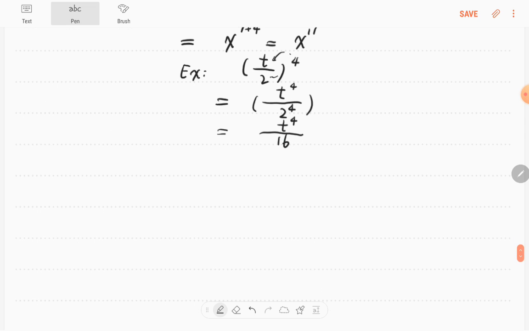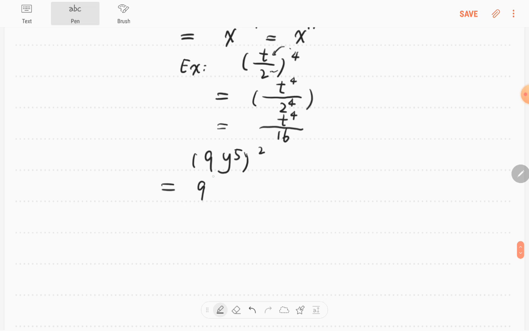For example, this time we have this one. So first, we check the parentheses. Inside the parentheses, we have two terms, right? The first term, we can think it's the product. Inside the parentheses, it's a product. So we could use the power of the product rule to put it this way. Now, we check this part. We realize inside we have an exponent and outside the parentheses we have another. This is the power rule. So we only need to find the product of these two. So that will be